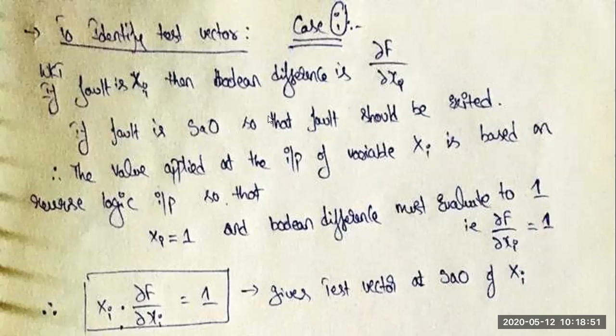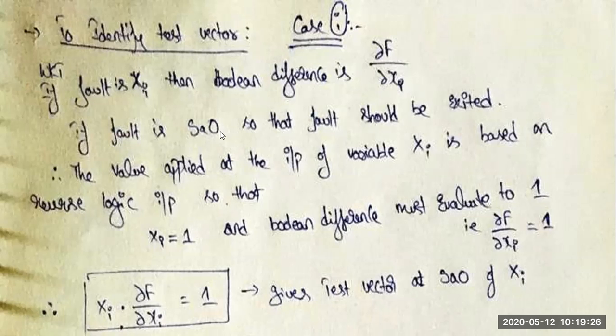So we have come out with the two cases. Case one: we know the fault is said to be at xi. If I have taken x1 as the input equal to 1, it will be stuck at 1 or stuck at 0, based on the fault. If x2 is said to be the faulty one, for example, then the relation will be dou f by dou x2, so x2 I'll be taking. Whichever is said to be faulty is going to be represented here.